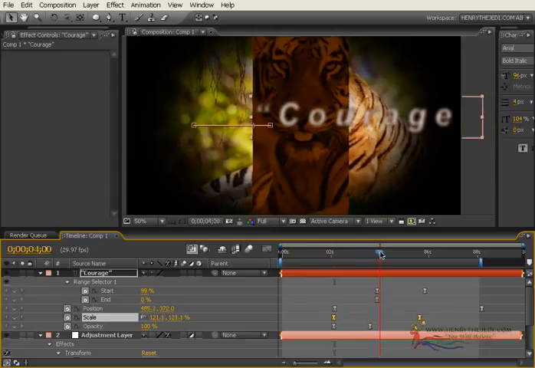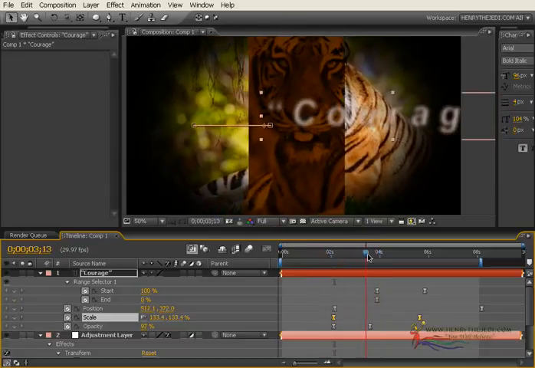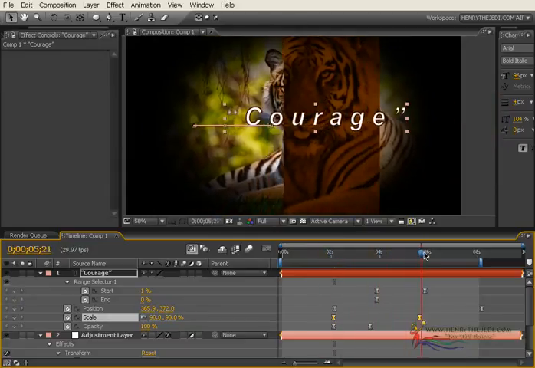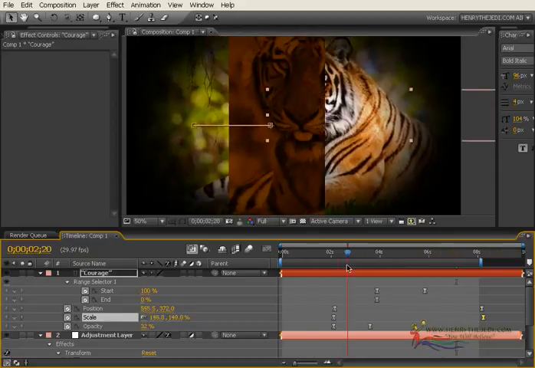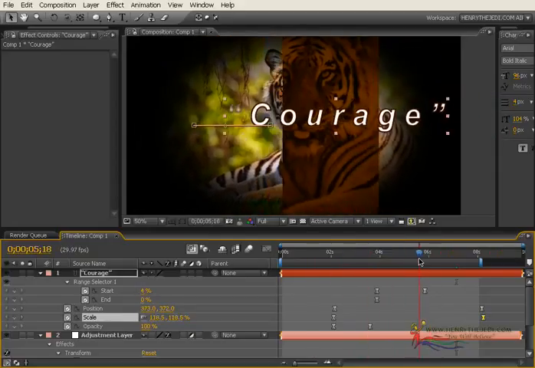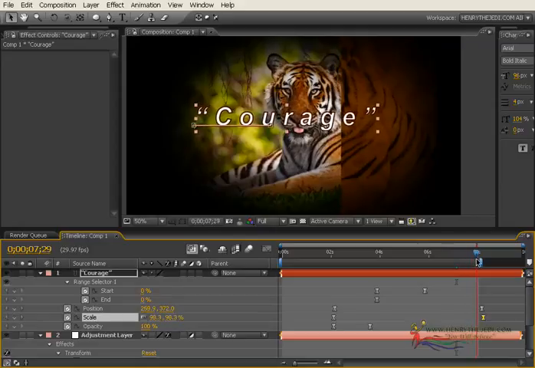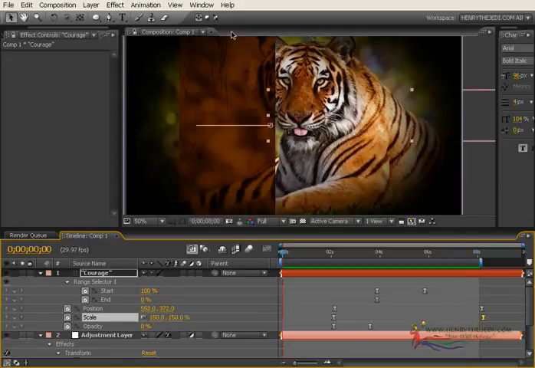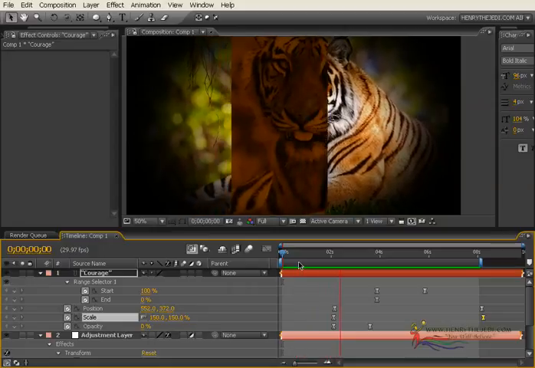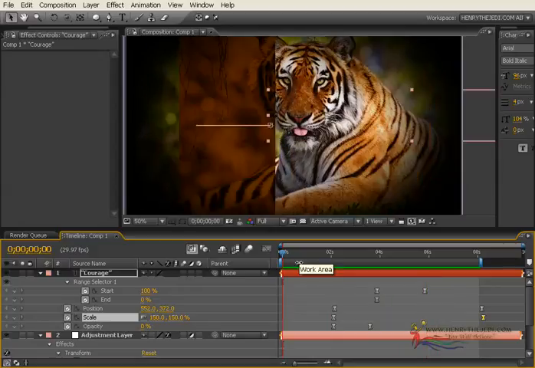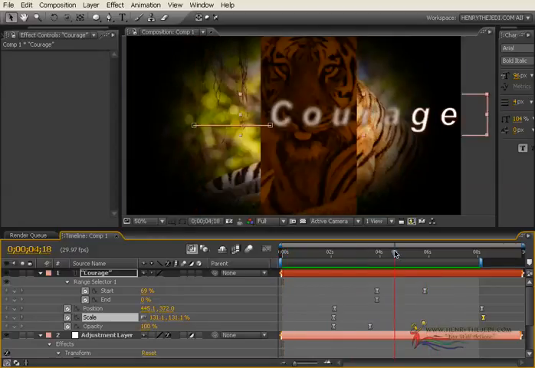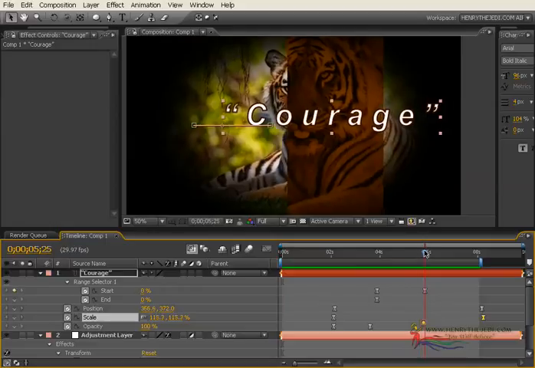So our text should come out like that. And then we might need to move this one like that, so our text really starts big. So when I preview mine right now, this is what I'm getting so far. Beautiful animation taking place indeed. And then you can see when our text comes, it's still a bit difficult to read.